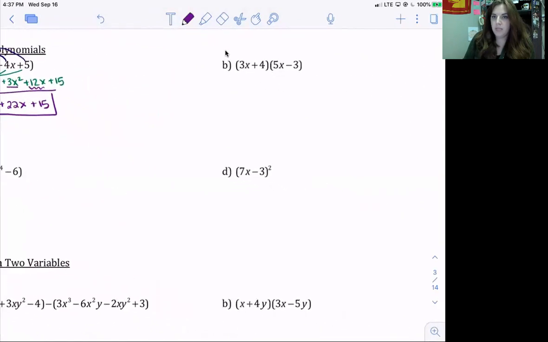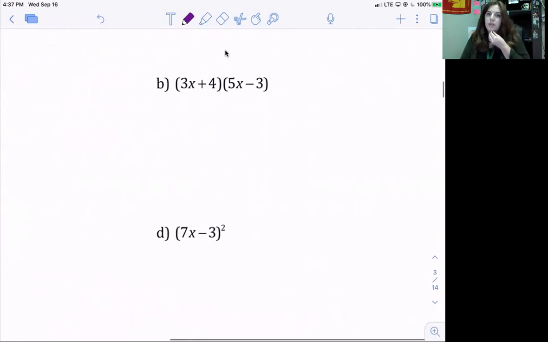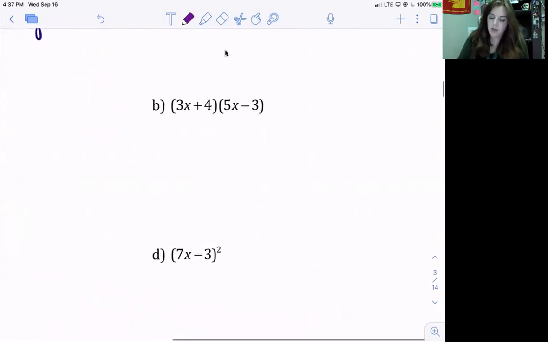Okay, looking at B. Oops. So 3x plus 4 times the quantity 5x minus 3. Remember, whenever we have a binomial times a binomial, this is when we do FOIL. So first, outside, inside, last. So it's the same idea as distributing. So we're going to take 3x, multiply it by the second